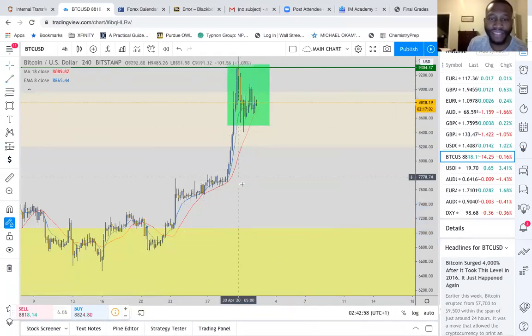So I know price has to retrace. So on this time frame, what am I looking for? I'm looking for where I could potentially